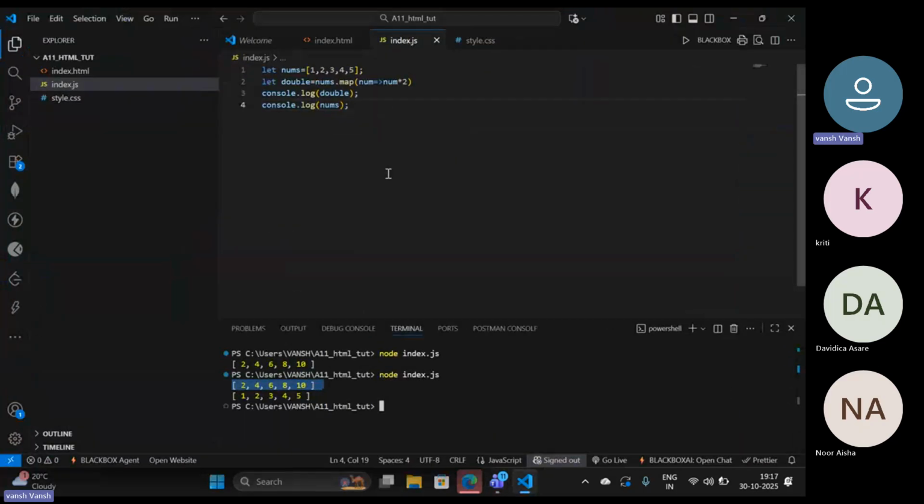So this is your map function. Now we will check the filter function. Filter function, as the name suggests, will filter something out. Okay, let's see how we can do it. Map we have discussed. Let me comment it over here: we have read about the map concept. After that, we are discussing filters